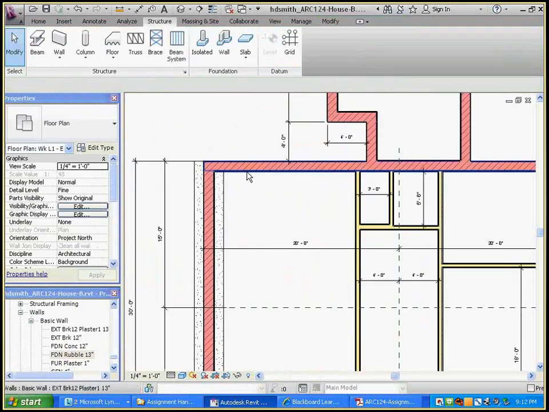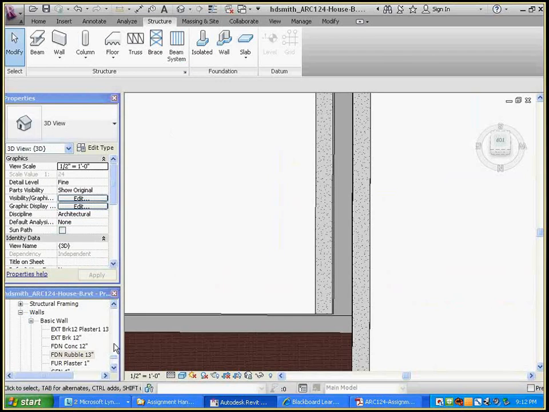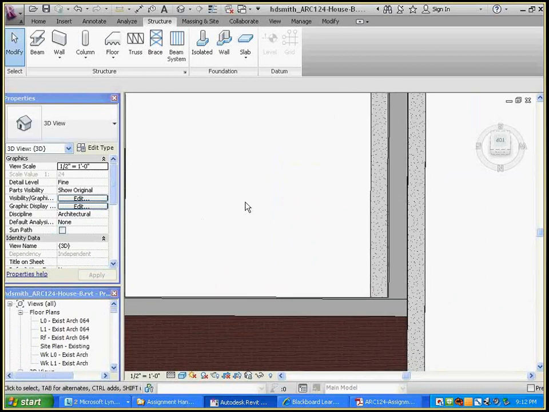See, there's that one. So I want to be in the 3D view. I could be in my top of footing view, which is a view that I've asked you to create. And I'm trying to think in which step did I say? Yeah. So on step 4, I said let's make a view called top of footing. And so the way I did that is I said,